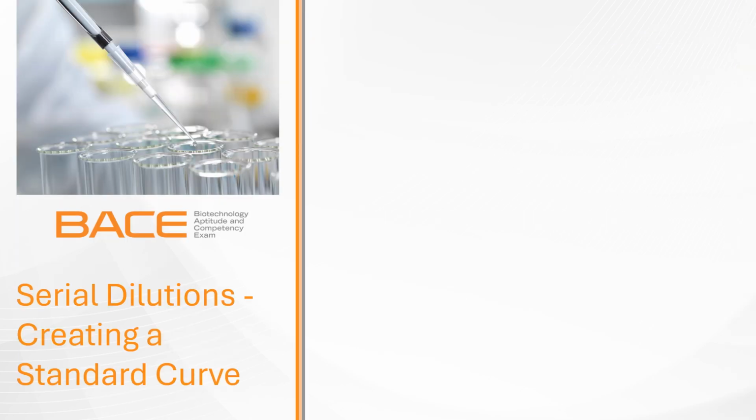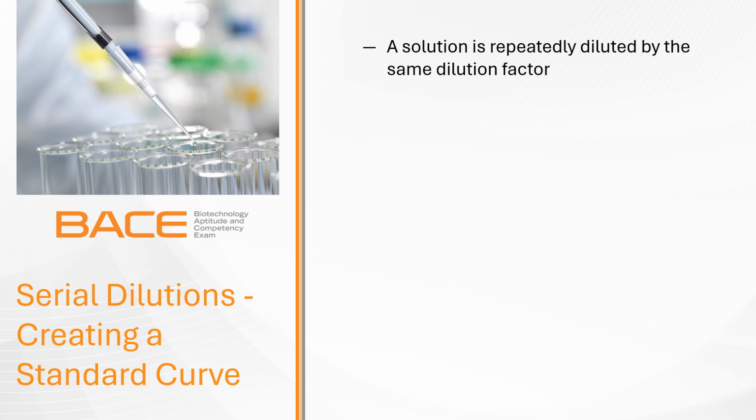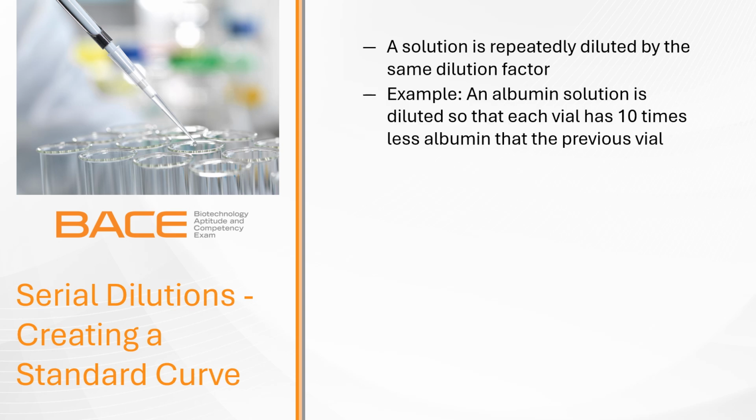A serial dilution is a series of dilutions, with the dilution factor staying the same for each step. The concentration factor is the initial volume divided by the final solution volume. The dilution factor is the inverse of the concentration factor. For example, if you take 1 part of a sample and add 9 parts of water, or solvent, then you have made a 1 in 10 dilution, and this has a concentration of 1/10 of the original and a dilution factor of